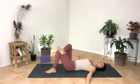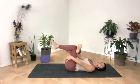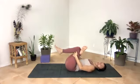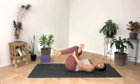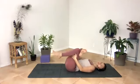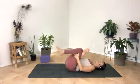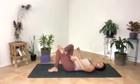Bring that ankle to the knee. And we can stay here or lift the left foot or interlace the hands and now grab the back of the left leg and pull in for a nice figure four or pigeon. You can rock a little bit to the left. Pull in a little more, slowly release, bringing that left foot to the floor, keeping the right foot where it is,